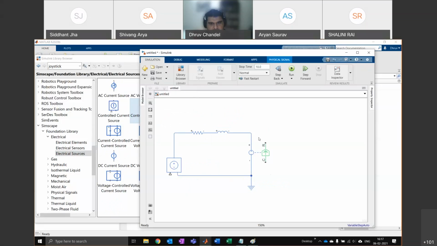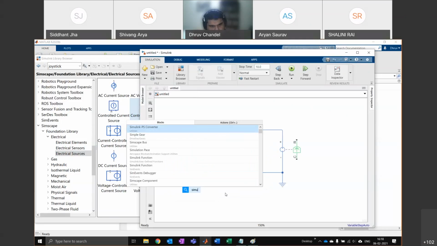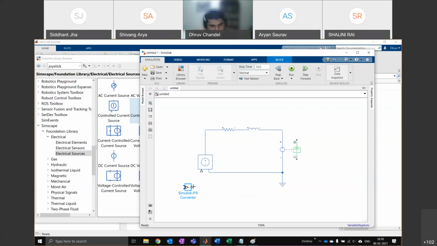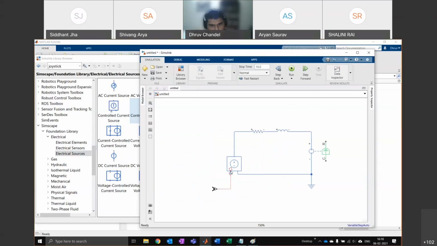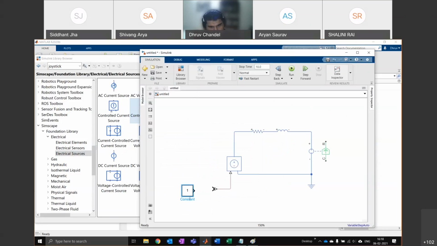This is the same thing we made before, it's just that I've added an inductor and a motor here. Then I can get a Simulink to PS signal converter and put in a constant voltage block. Let's say this is 12 volts or something.